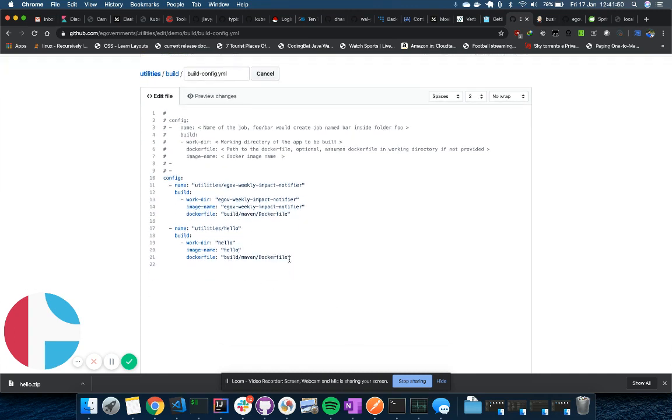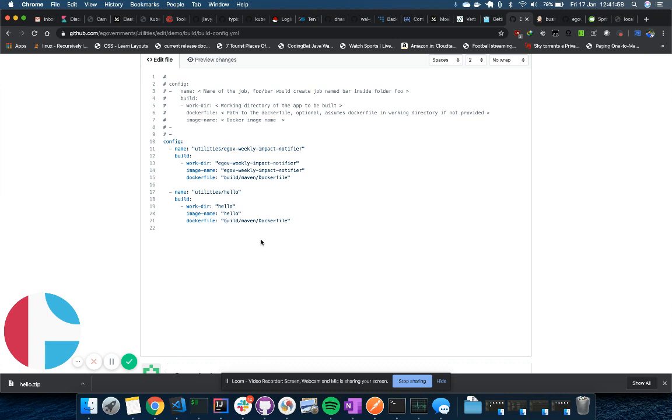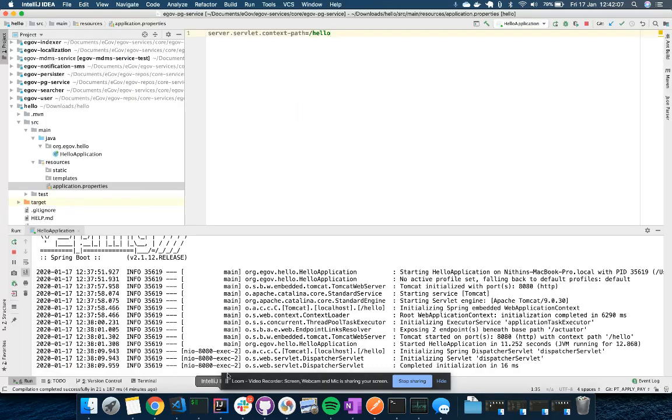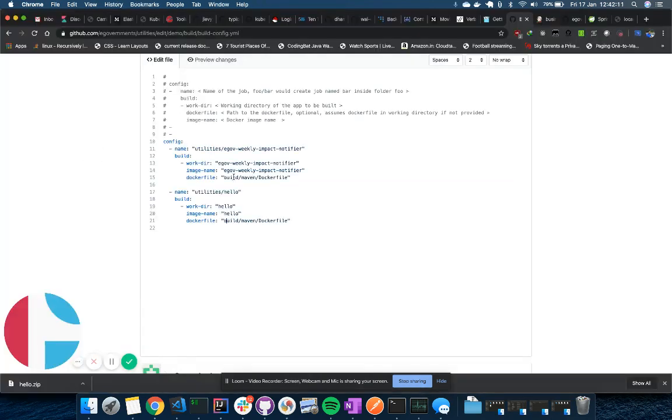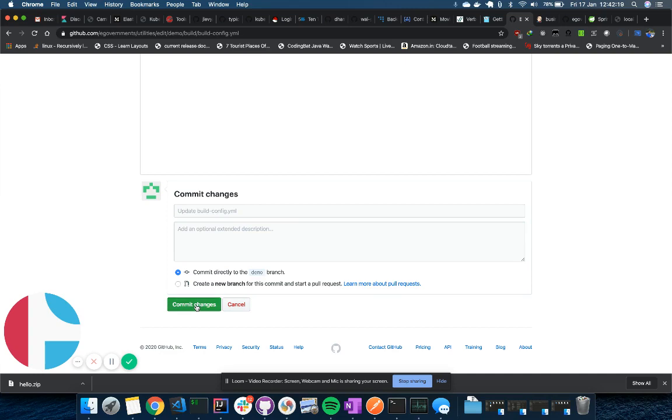And then there's a Docker file. This we can still use because it's a Java app. We will reuse the Docker file, like I told you, that's the advantage. If you were to write a different app yourself, for let's say Java or Python or Golang, or the UI code itself, you would have your own Docker file. And if it's on the root of the repo, you don't even have to mention this here. By default, in the work directory, there is a Docker file. It will use that. So you would commit this.